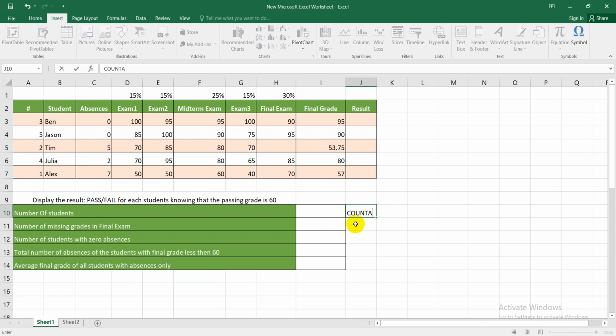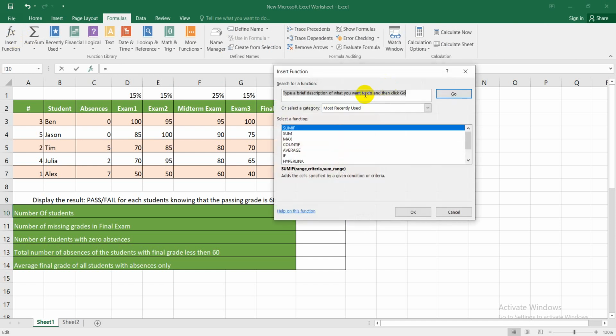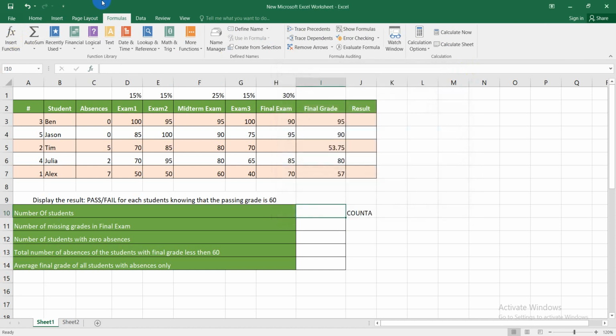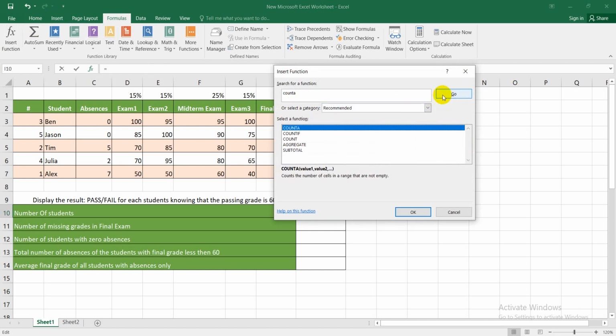CountA. The CountA function, let's see the description of this function. To insert a function in Excel, we click on the formula tab, then click on insert function, and the function I need is called CountA, so I can search for CountA. Now,